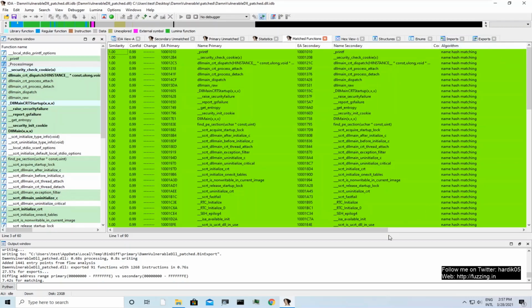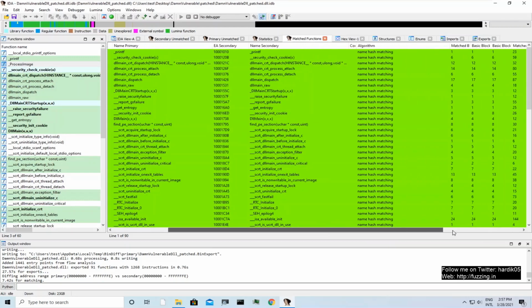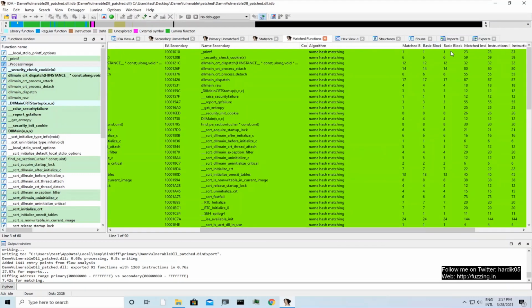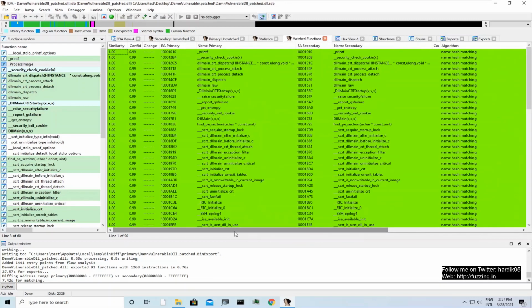It also shows which algorithm it has used, the match, basic blocks, matched instructions, etc. The thing you need to look for is the similarity. If it is 1 and confidence is 0.9, which is almost 1, it means that the functions are exact. There is no major change in this function.